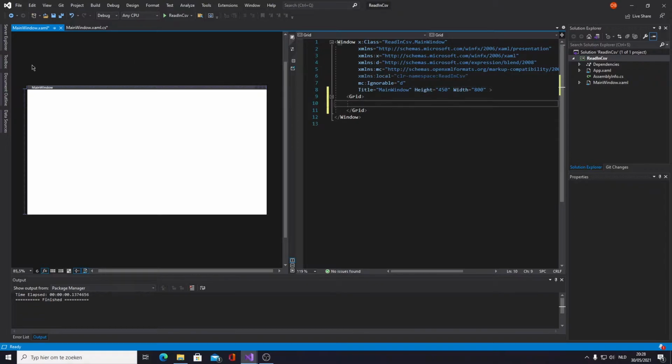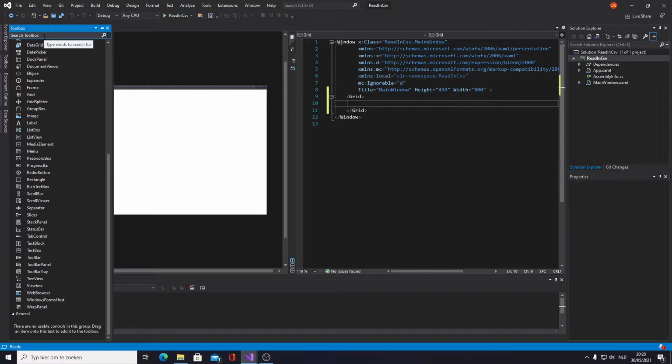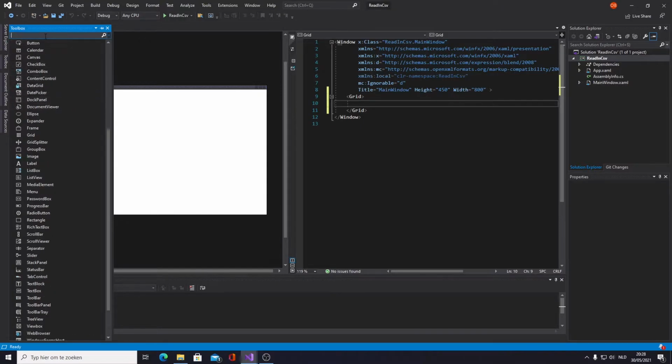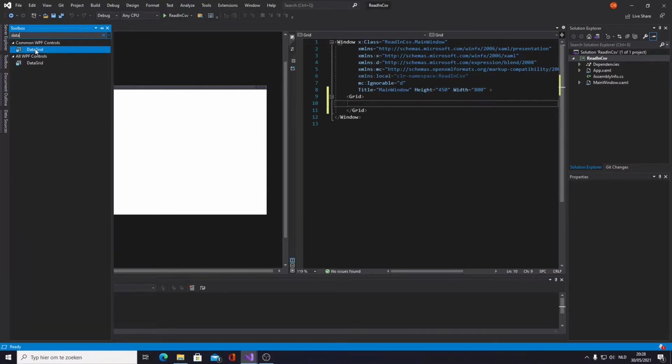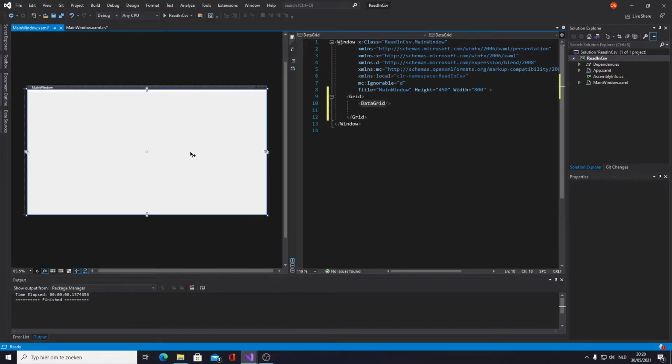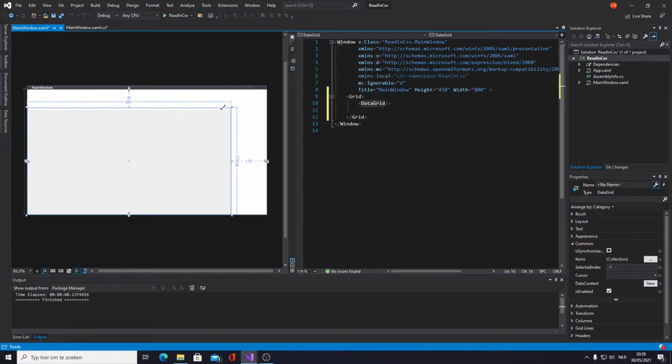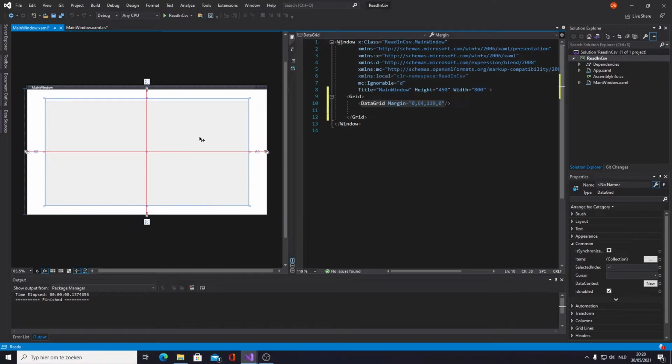So first thing that we need is a DataGrid. In our toolbox, right over here, we can also type in DataGrid. There we go. Click and drag it into our XAML code. Make it a bit smaller, and we're gonna place it in the middle. Then I'm gonna name this. So I'm just gonna call this DataGridView,